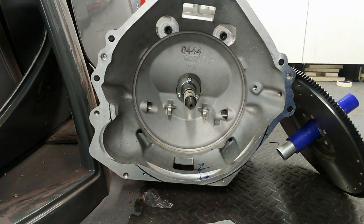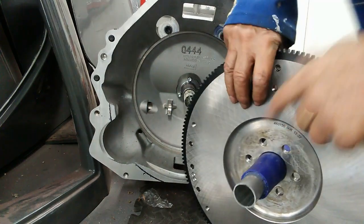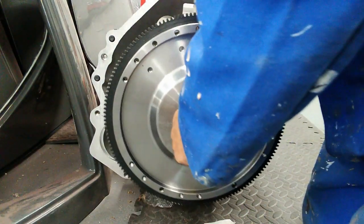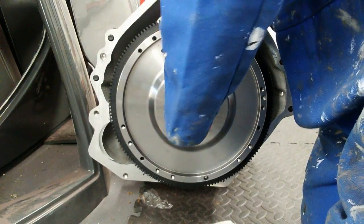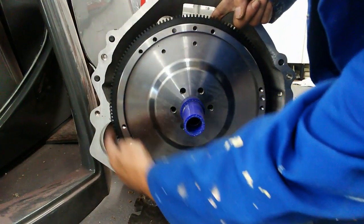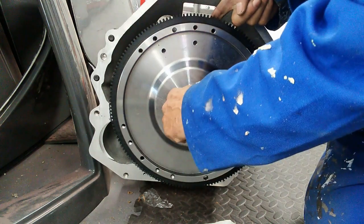And to work out the radius, I've made up an adapter out of hosing, God knows what else, so that I can slide the tube over the input shaft. Gives me a nice fit, and then the flywheel over some hosing so it's dead central, and I've then scribed a line around, so that's my line. I'll probably go 4 millimeters, probably 5 millimeters beyond that, just to play safe,